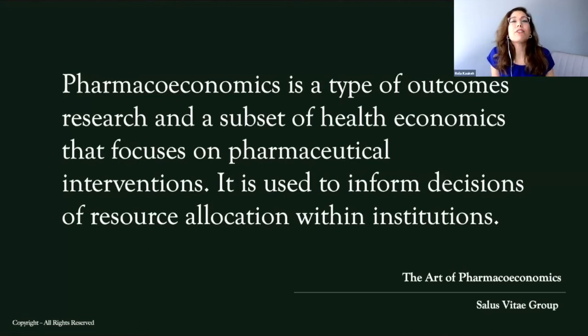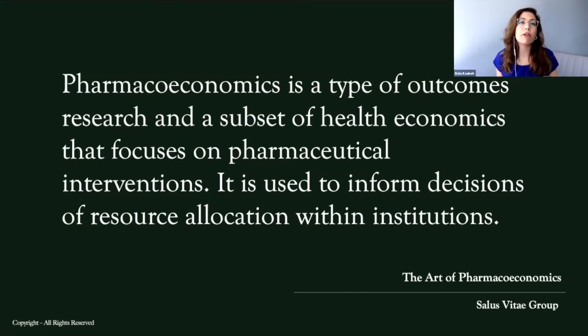So that brings us to pharmacoeconomics. So what is pharmacoeconomics? Pharmacoeconomics is a type of outcomes research, which is a methodology that is very broad and holistic that looks at the end result and really the real world data of specific interventions. And it's a subset of health economics. So health economics in general includes many of the analyses that I talk about in the book. So whether you think about them in terms of pharmacoeconomics or health economics in general, there are several of those analyses that are used throughout.